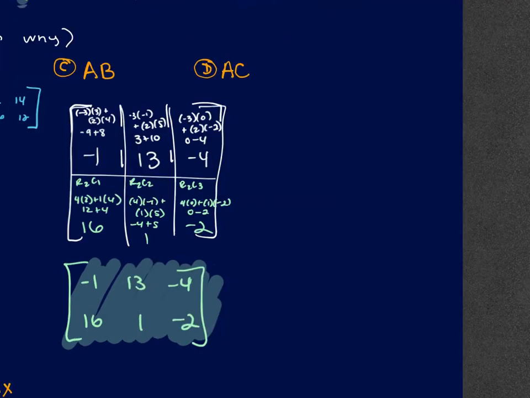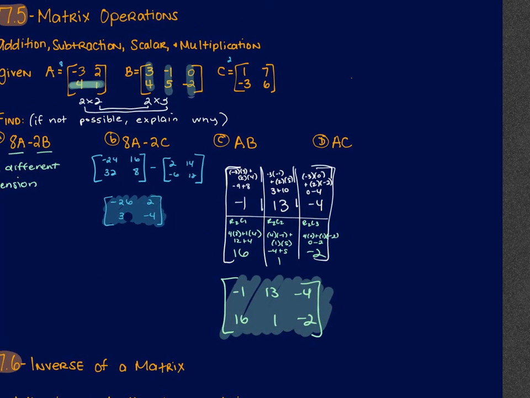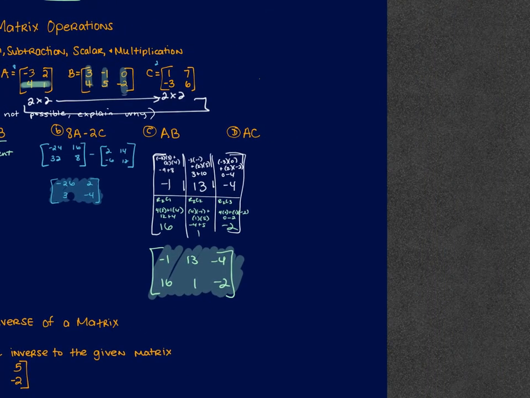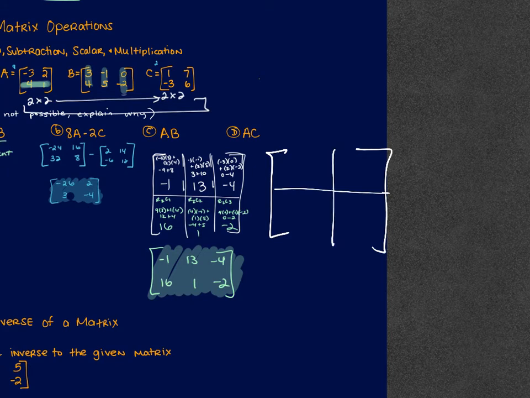You're welcome. Okay, then go to D. So D says A times C. A is your 2 by 2. C is your 2 by 2. Again, inner 2 match, so the outer 2 would be the answer. If they do not match, then you cannot do it, and you would say the same thing that you said before, like the inner 2 don't match, the number of columns doesn't match the number of rows, that kind of